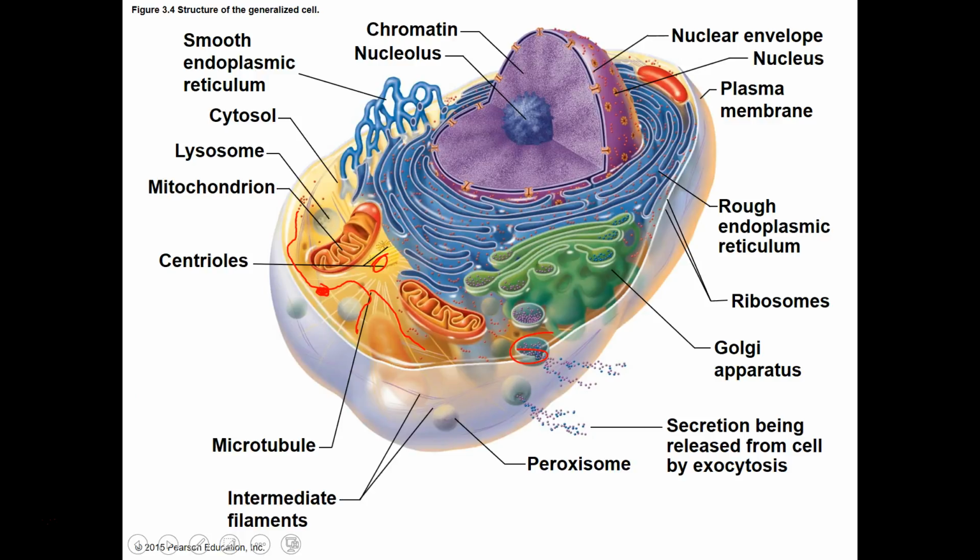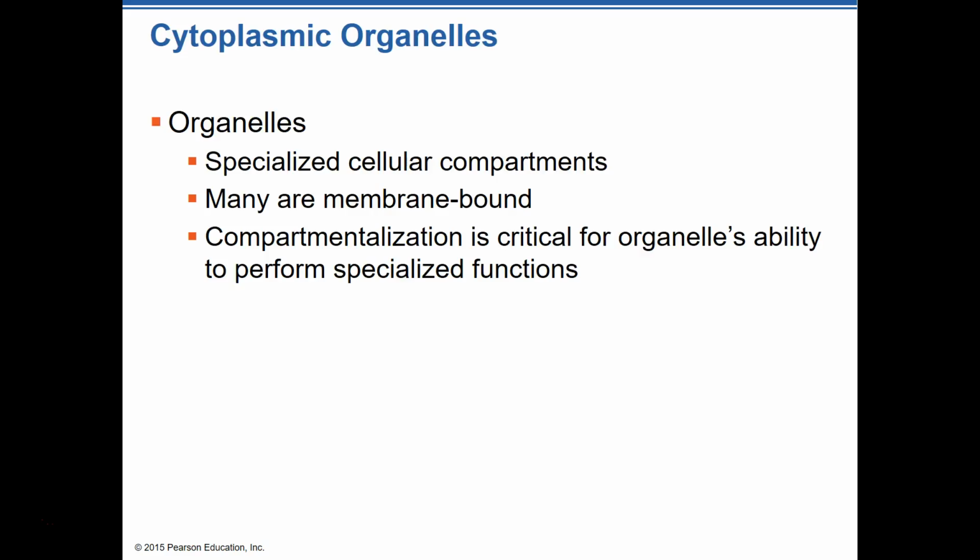Just a picture of a cell. Realize the picture of the cell that we're going to use is just kind of a standard picture of a cell. Kind of like we talked about with the atoms, it's kind of like a standardized picture that we use. Cells do come in many different shapes and sizes, and when we get to the end of this chapter, we'll briefly talk about some of those different shapes and sizes that they come in.